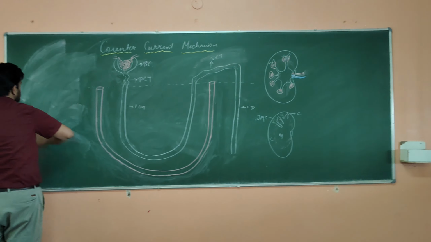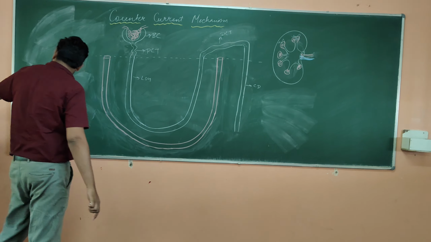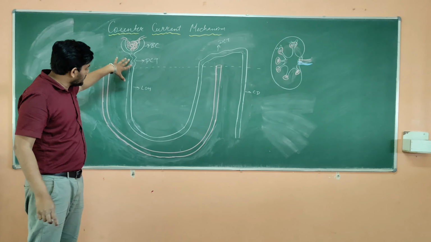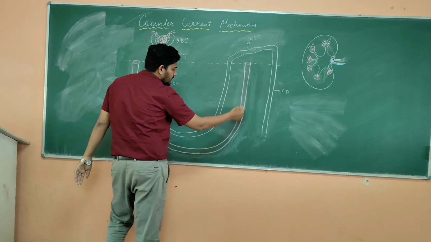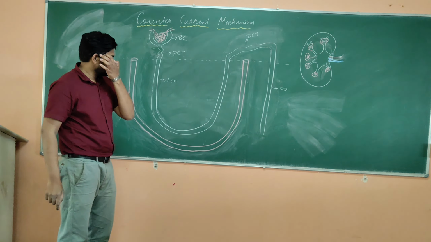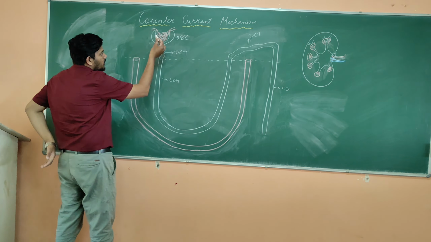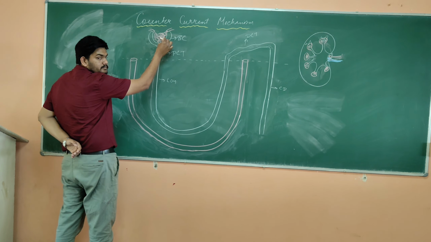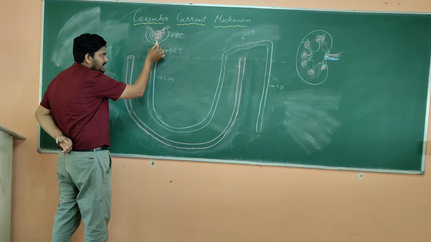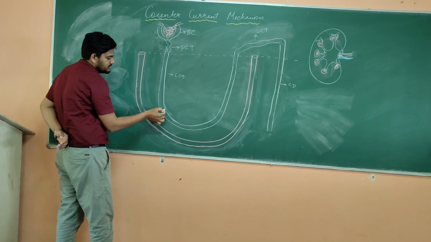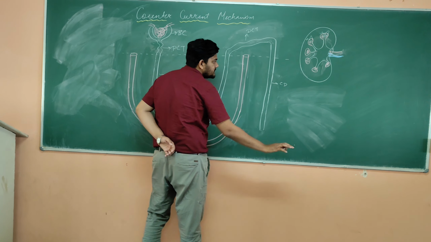Now see. As we all know, here, in the white thing, I am drawing the renal tubule, and whatever is in red is the vasa recta for us. This is the blood vessel which is going around the loop of Henle. Initially the blood comes in, and this is the glomerulus. From here the blood will be filtered, and that filtrate will move in this renal tubule like this, through the DCT, and finally the collecting duct, and from here it will exit the